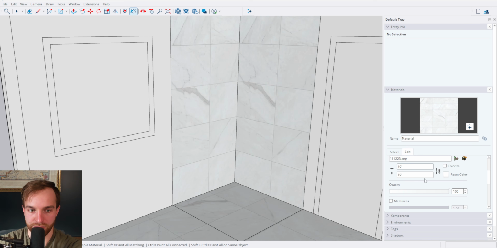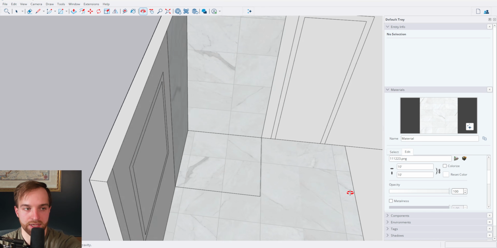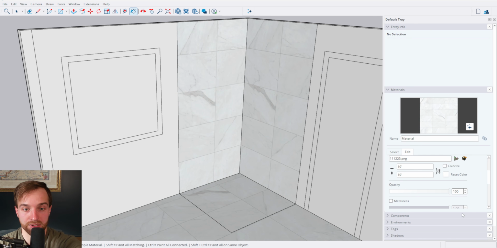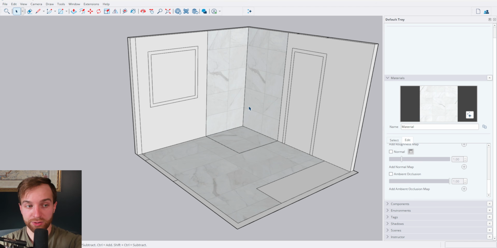I'm just going to scale it up. So instead of being 1, go to 10, and now this is much larger and kind of fits the vibe a little bit better, I think. With our tile areas now textured appropriately and our walls being just white, that will serve the purpose for what we need now. I think another good idea at this point is we can kind of think about some other